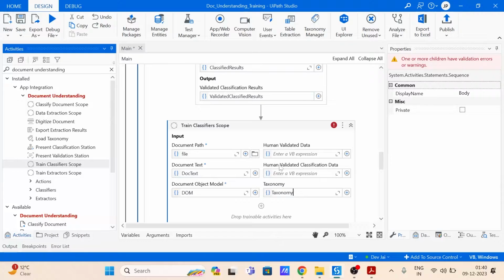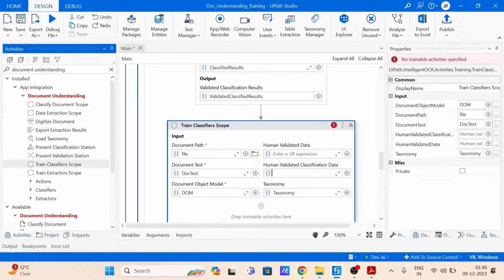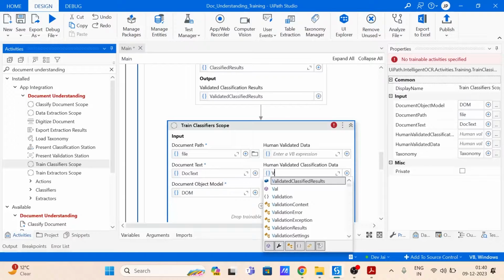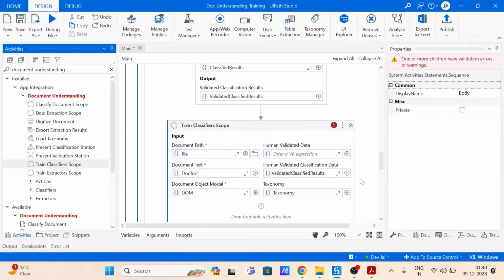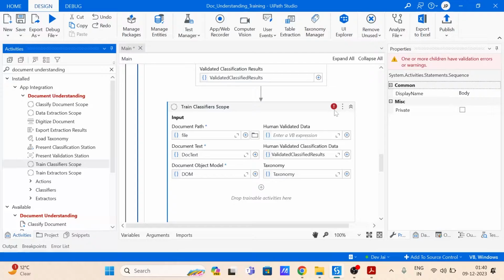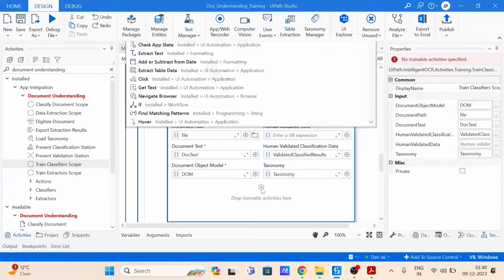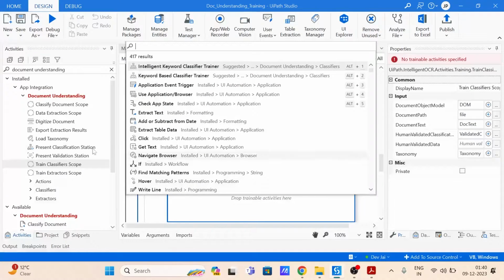You can use human validated classification data. Human validated data we don't use. We can use this, right? Because we have classified the data, so we can use it over here. Okay, and now, yeah. So now we can use